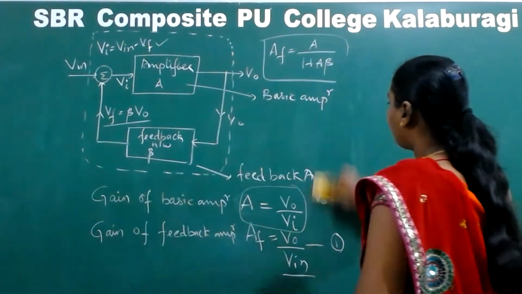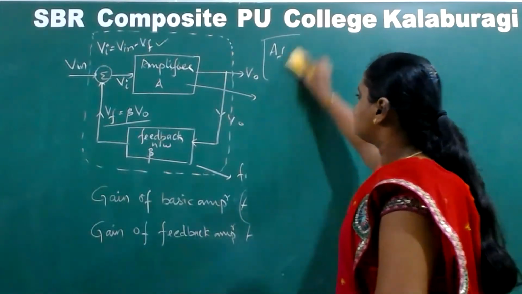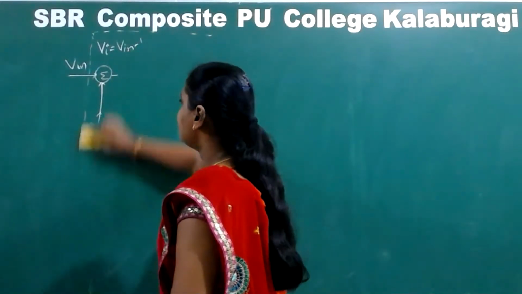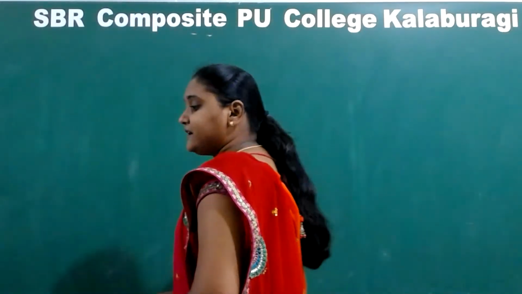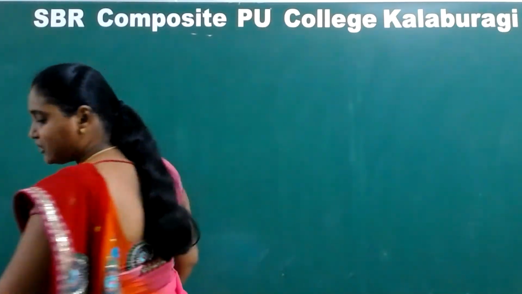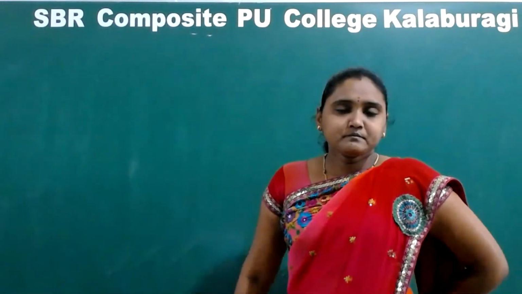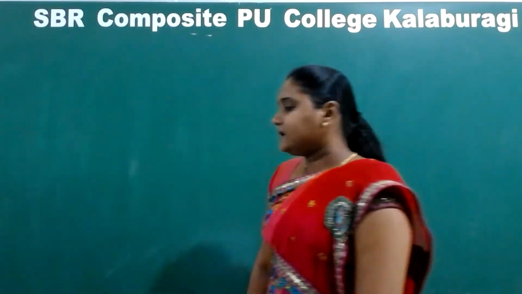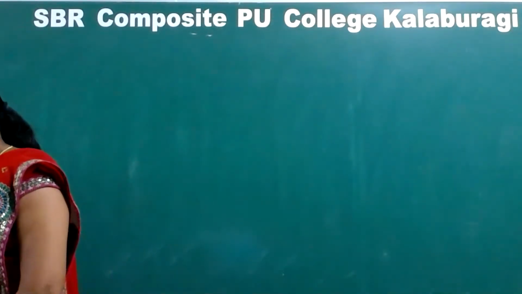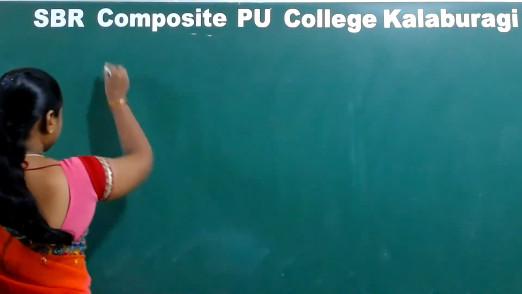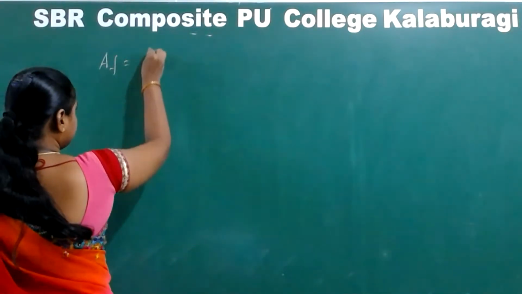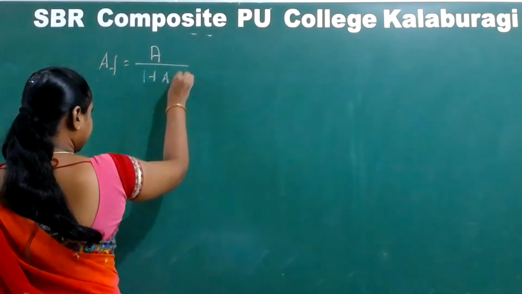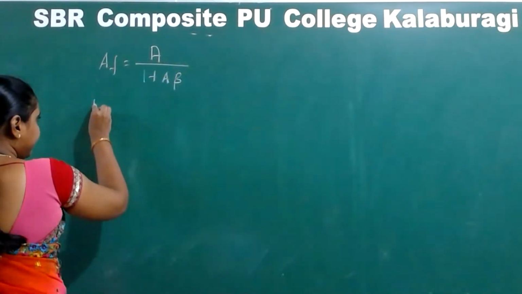This is a very, very important derivation. Till now, what have we seen? We have seen the definition, the different types of feedback, negative feedback, and the four types of configurations. Then we have seen the gain of the negative feedback amplifier. Now I will write that expression again: AF is equal to A by 1 plus A beta, where